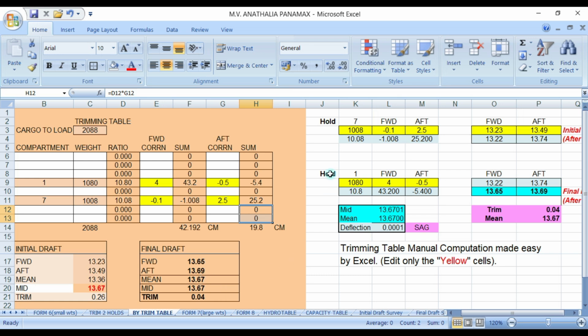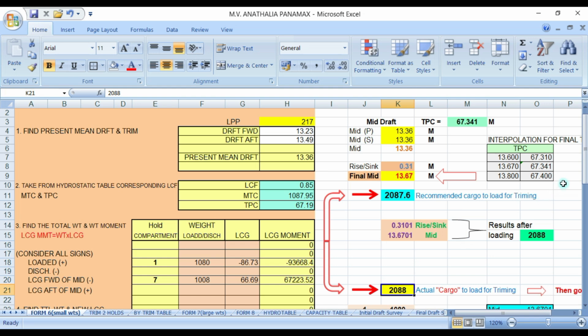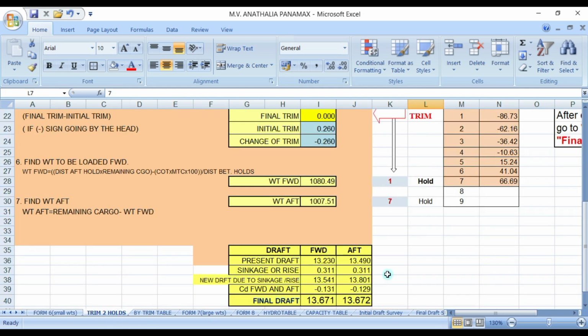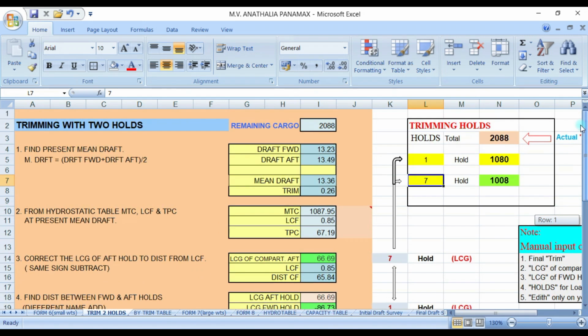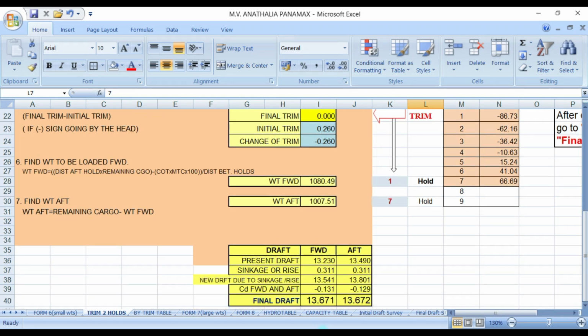But since this is a trim table, you only rely on these figures, so there should always be a difference in the figures, not unlike in this remaining cargo to hold. Using the trimming hold and this formula, you will get accurate results, and you have no list, the same figures, no trim.